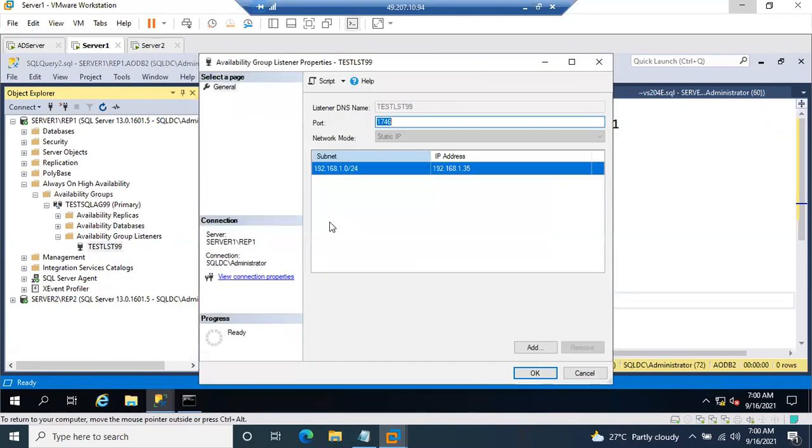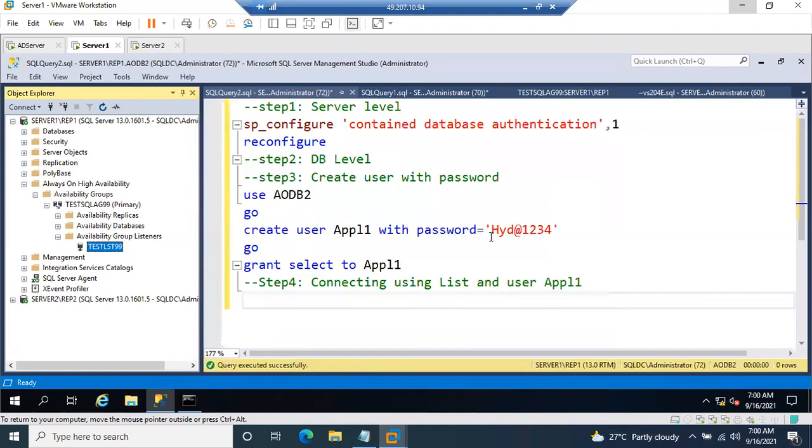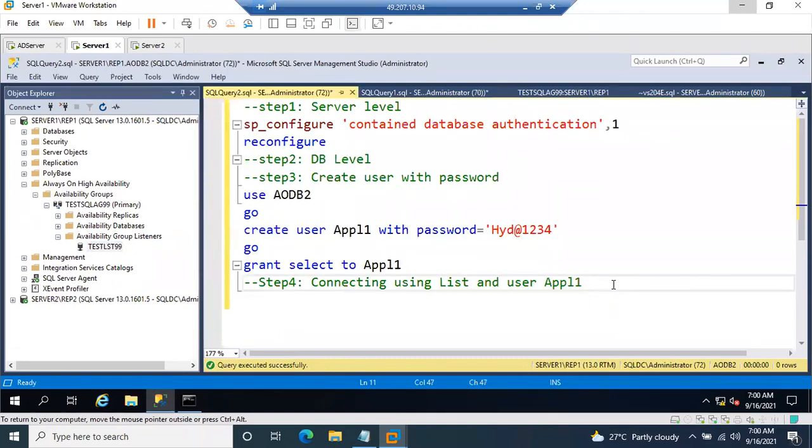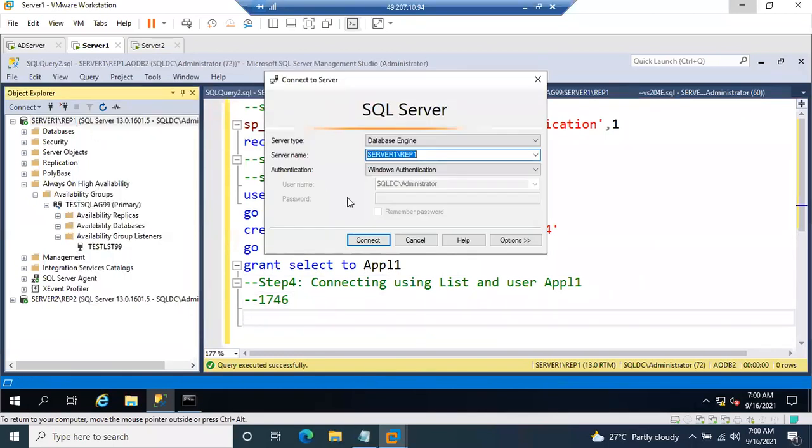Check one time properties. 1746 we have used. Okay, here. Listener name test LST99 / group name test SQL AG99, comma, port number here